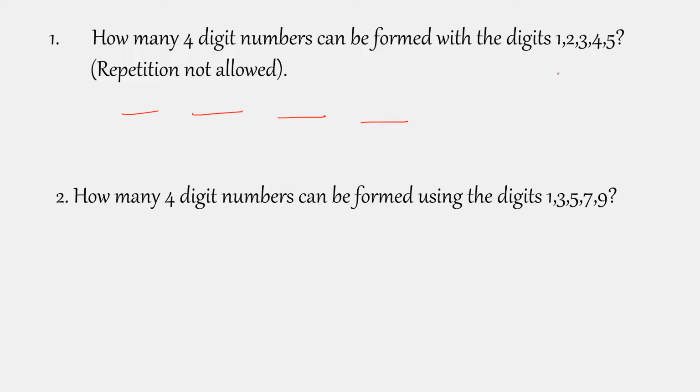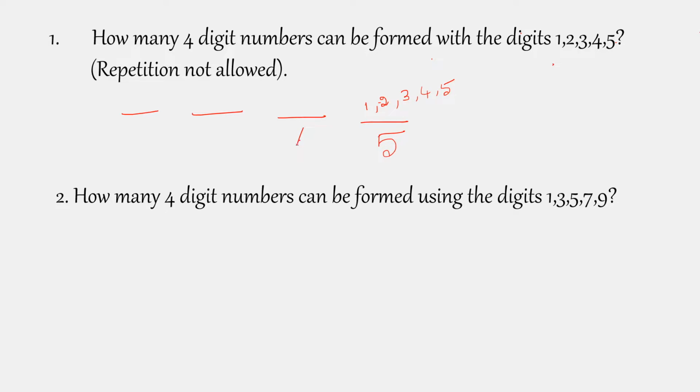So for the 4 digits I want, I'm drawing 4 lines here. Coming to the first digit, what are all the digits given? 1, 2, 3, 4, 5. So I have the freedom of writing 5 numbers in the first digit. Coming to the second digit, now the condition applies. I cannot repeat the number I have written in the first digit, so I lose 1 digit now.